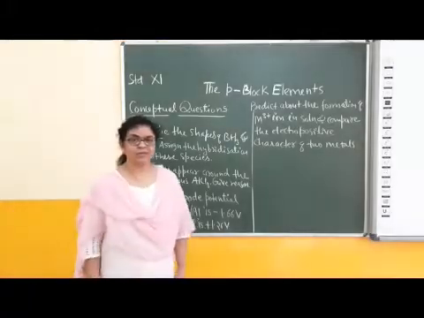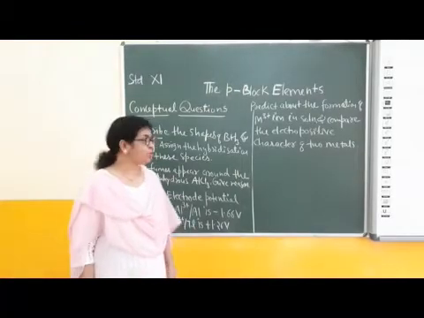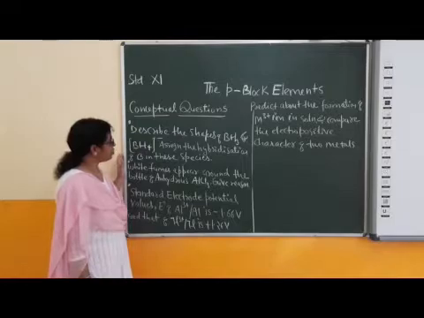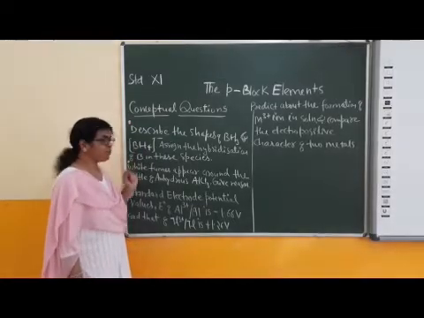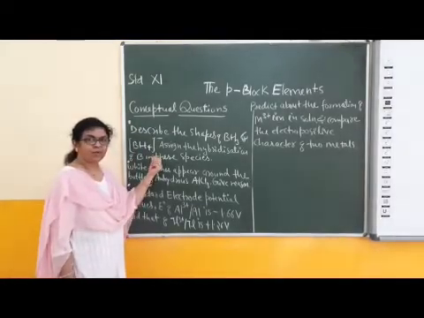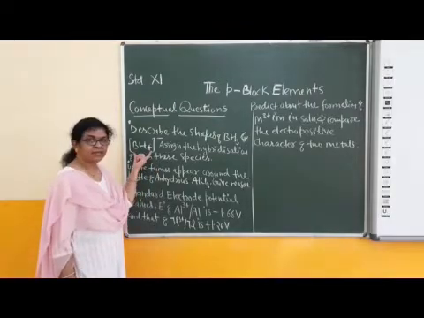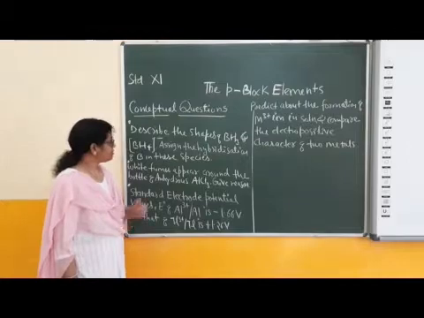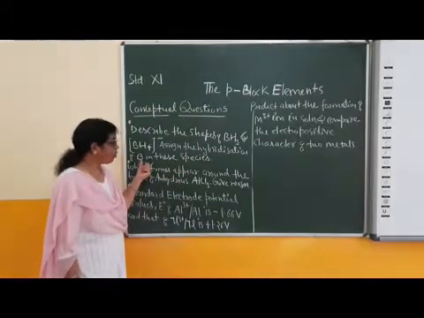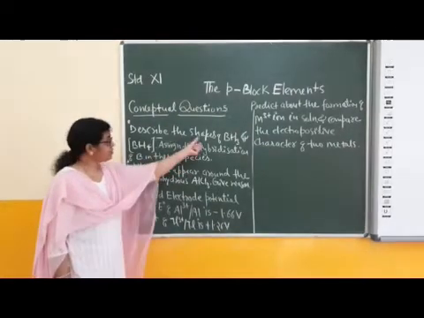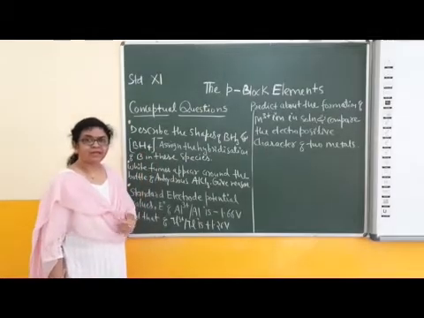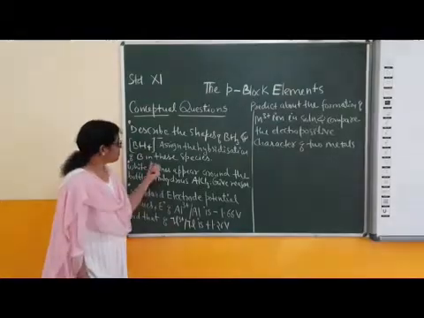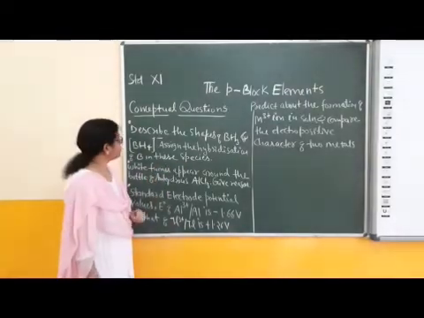Good morning, dear students. Now discussion of some conceptual questions. First question is, describe the shapes of BH3 and BH4⁻. This is a complex compound which is written in a square bracket and the unneutralized charge is -1. Assign the hybridization of boron in each compound. In BH4⁻, the remaining charge is -1 in this species.